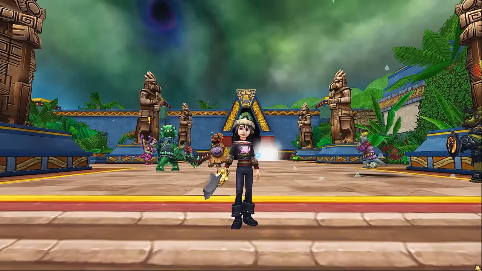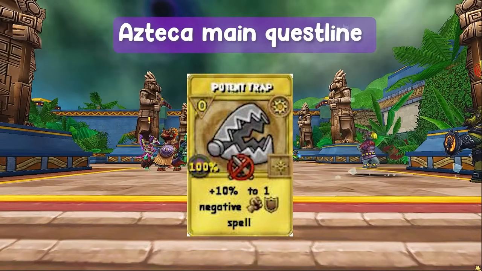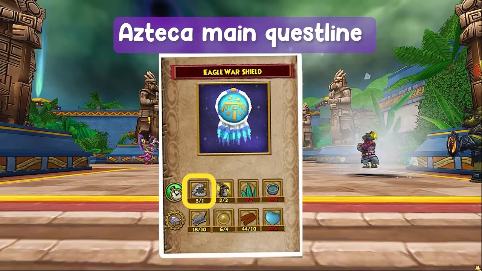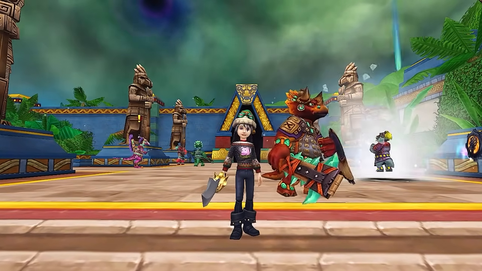Just a reminder that when you get up to Azteca in your main story quest line, you are rewarded with potent trap treasure cards. Do not delete them or even use them, because you need to keep them for one of the crafting quests. Speaking of Azteca, I recommend you actually start crafting when you do reach Azteca,